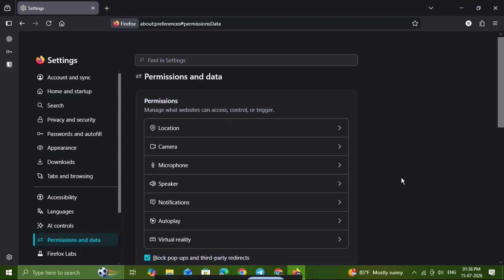And that's it. You've now enabled microphone access in Firefox and adjusted the permission settings so websites can request it